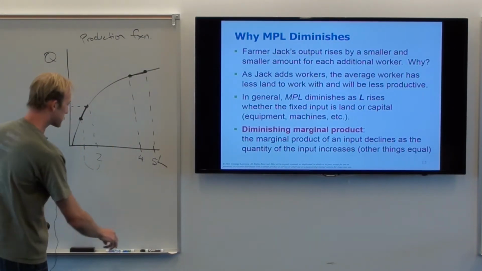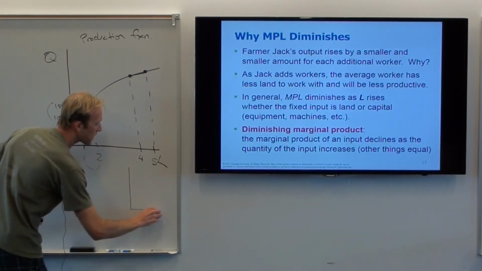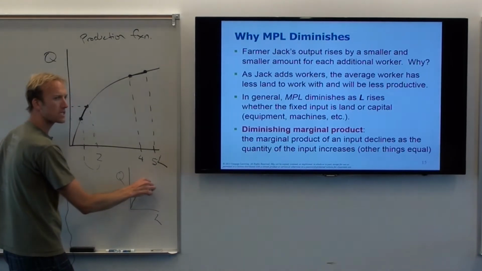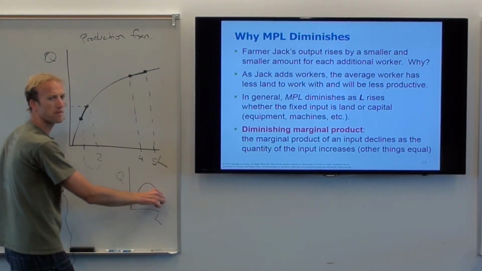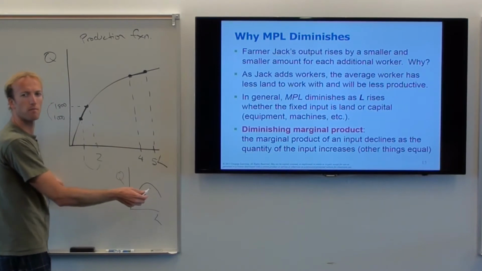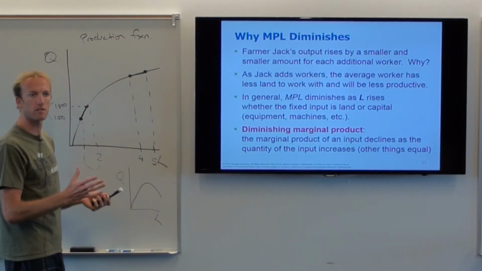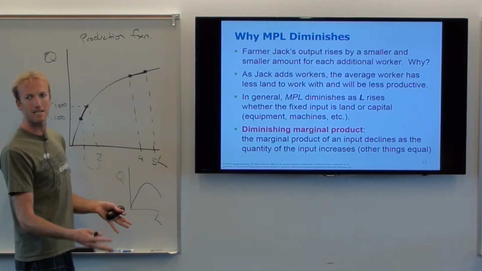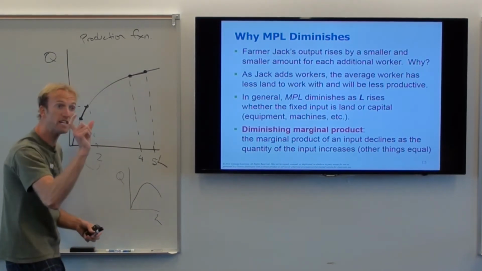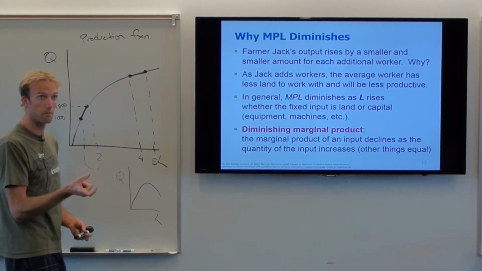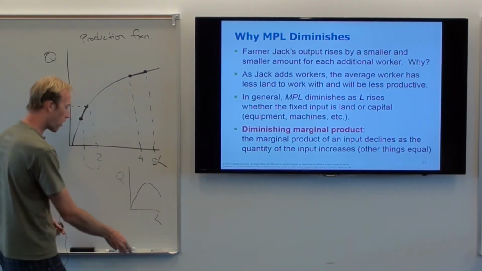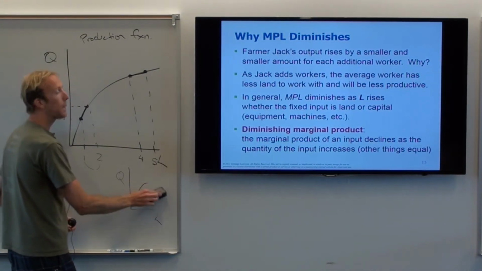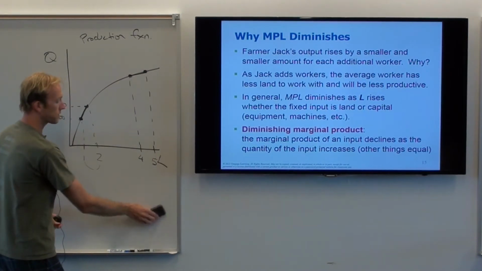Okay? Sometimes students hear diminishing marginal product, and they think it's like this. As you hire more and more laborers, first they make more products, and then as you hire more laborers, they actually start making less stuff altogether. That's kind of confusing and probably not likely, right? If you hire more workers, say I own a donut shop. If I keep hiring more and more workers, they're going to start making fewer donuts altogether? No. Each individual guy will make fewer donuts, right? But overall, we're still going to have more donuts. We're not going to have the total product start to be negative, but the marginal product can be going to 0.